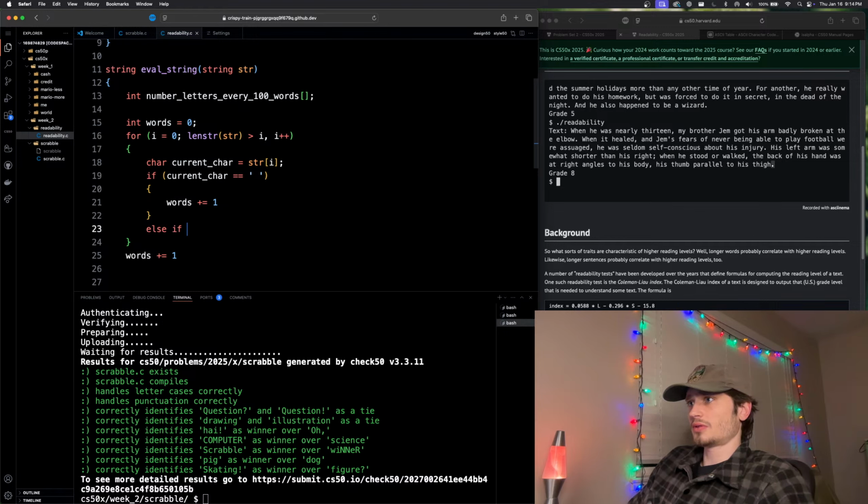Else if, no, we want this to be evaluated as well. If current char is equal to a quote, or if current char is alnum, right? Or is alpha, right? If current char is alpha,